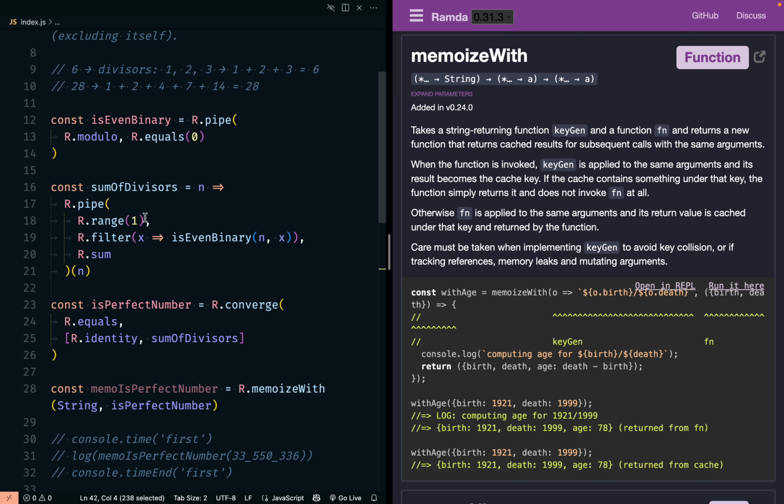N would be 28, goes to the pipe. And so we're going to make a range, an array from 1 up to 28, but actually the number before, 27. So whatever the number is, it's going to be one less. So we have an array of 1 to 27, and then we filter those numbers where each one is even,